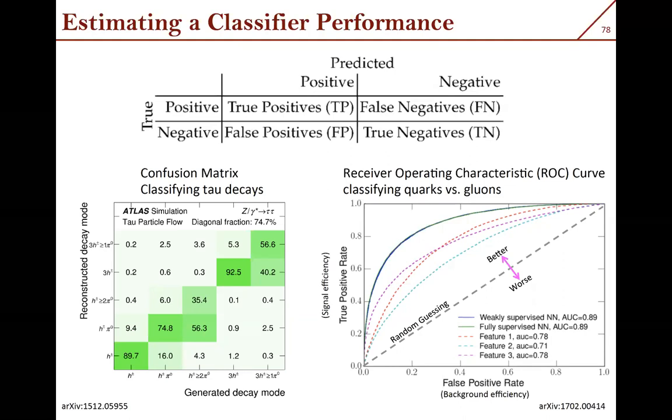Although there is a good electromagnetic calorimeter, ATLAS has it, so also CMS. So what they have done is basically they used a kind of machine learning technique, actually a boosted decision tree. And in this technique, they try to reconstruct different decay modes. And what you see in this plot is, at the generation level, at the Monte Carlo level, what is that decay, okay?